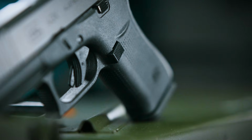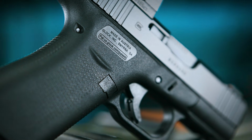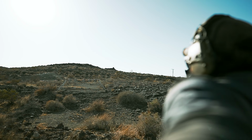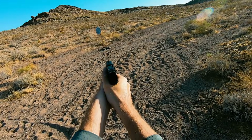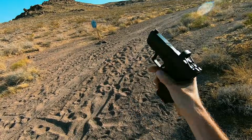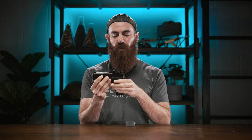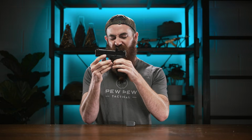The magazine release is a bit broader than what you'd find on a full-size Glock, and is allegedly capable of being flipped for left-handed shooters to boot, though we didn't get the opportunity to test this. Of particular note, however, is the fact that the mag release spring is pretty damn hefty for a gun this small. And while I imagine that's an intentional decision to cut down on the chance of the gun slipping its mag inside your pants when concealed, it also meant that I had to literally yeet my spent mags out of the frame when reloading. Admittedly, this might wind up being alleviated over some long-term use when that spring gets broken in just a little bit more, and it's not a huge deal, you're probably going to get used to it, but it did just strike me as odd that first time I hit the mag release, and nothing happened. You really just gotta...